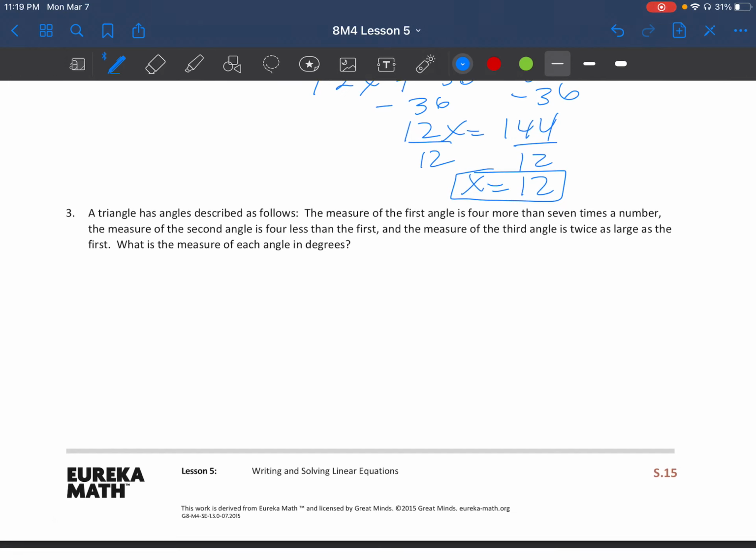All right, let's do number 3. A triangle has angles described as follows. The measure of the first angle is 4 more than 7 times the number. All right, so 7 times the number plus 4. The measure of the second angle is 4 less than the first, and the measure of the third angle